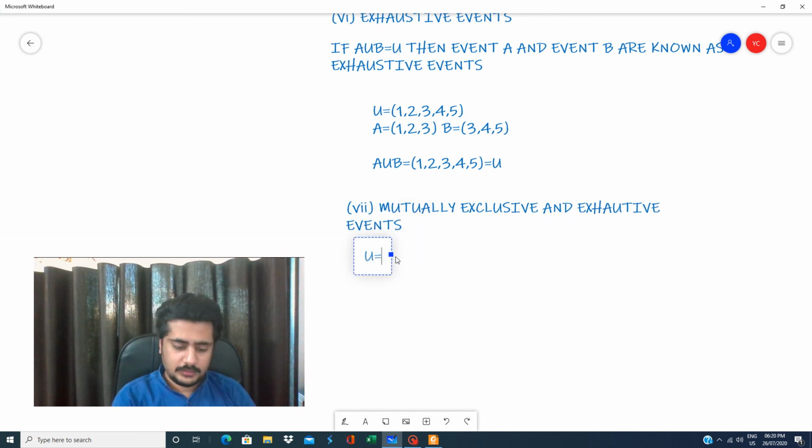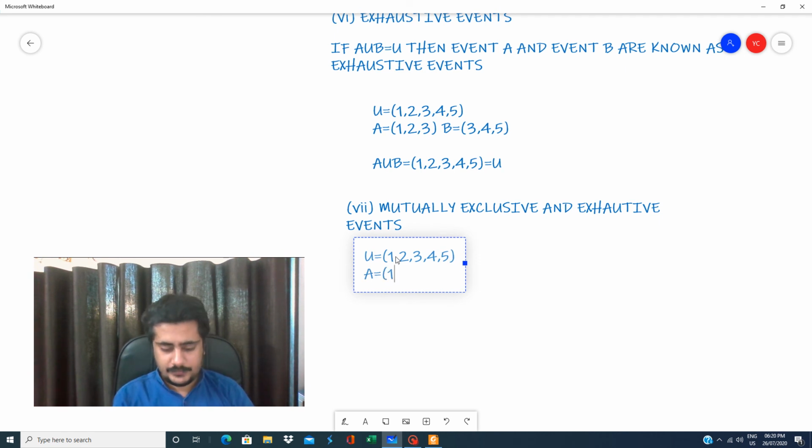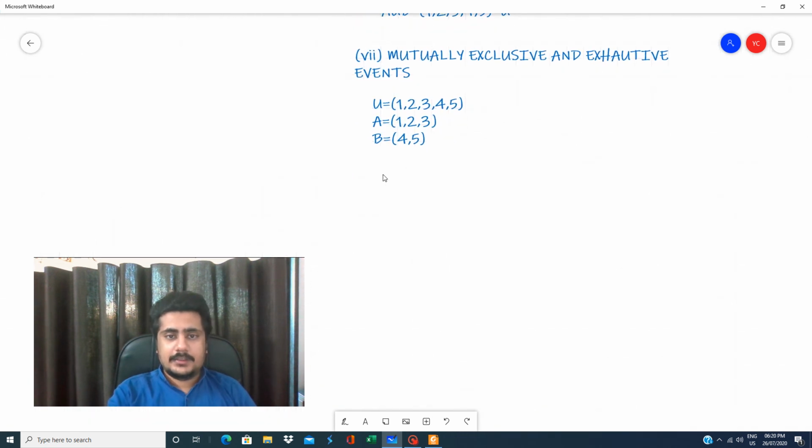Say for example, U is 1, 2, 3, 4, 5, A is 1, 2, 3, and B is 4 and 5. If in any sum the condition of mutually exclusive and the condition of exhaustive both match, which were these two conditions? A intersection B is a null set,